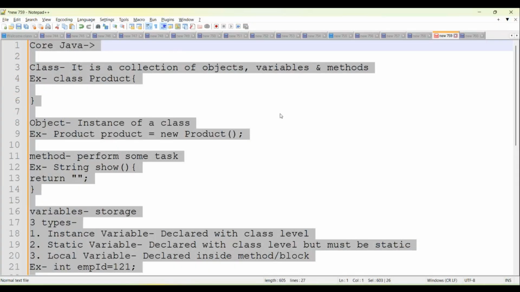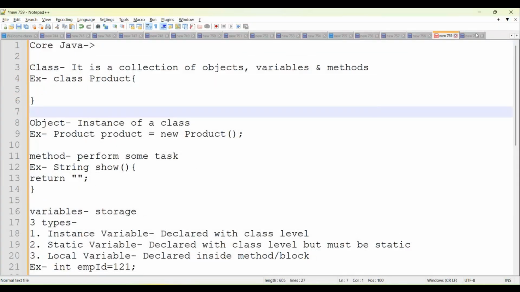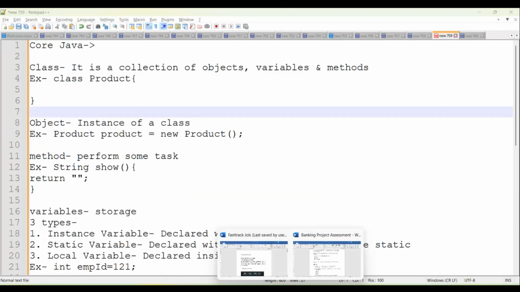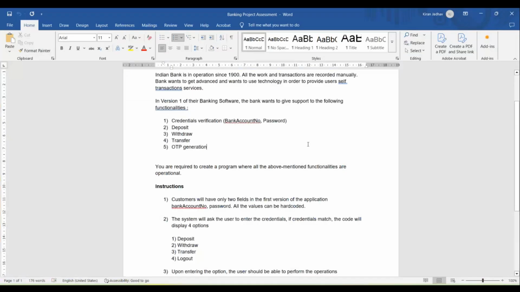I have started here, and we learned the static concept in Java and the basic terminology: class, object, methods, variables, and data types. I will share the assessment with you. If you have some background, you can start working on the assessment. But if you don't have any background, I will teach you the assessment from scratch. Try to invest your time and ask your questions through